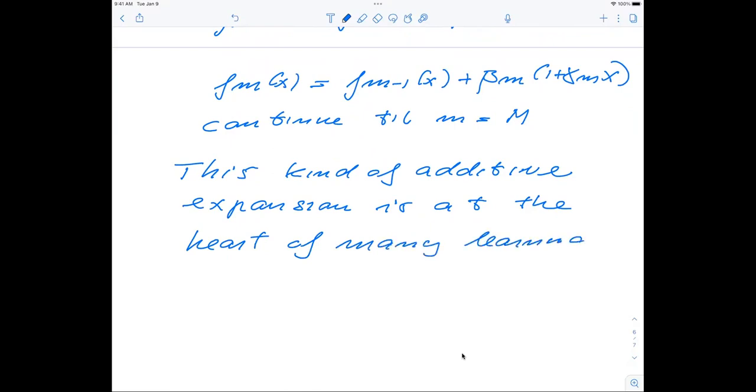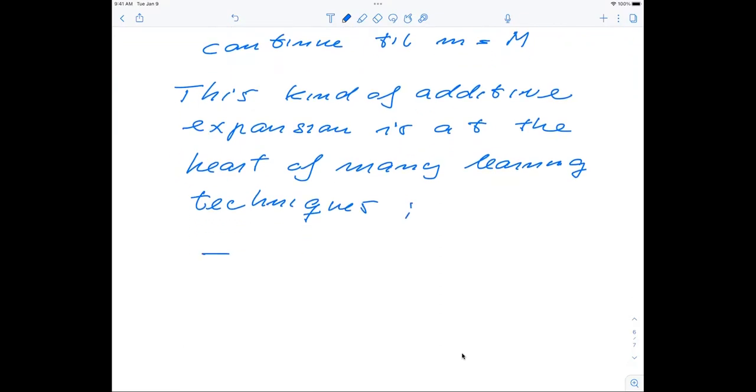And you can see that if you now think of neural networks. So let's see how that comes through. If you think of neural networks, and you take now a single hidden layer,